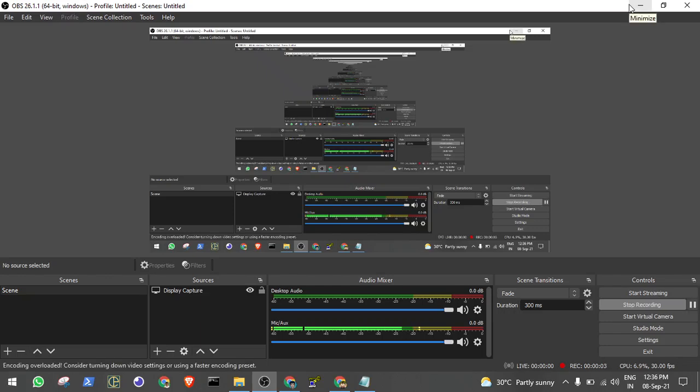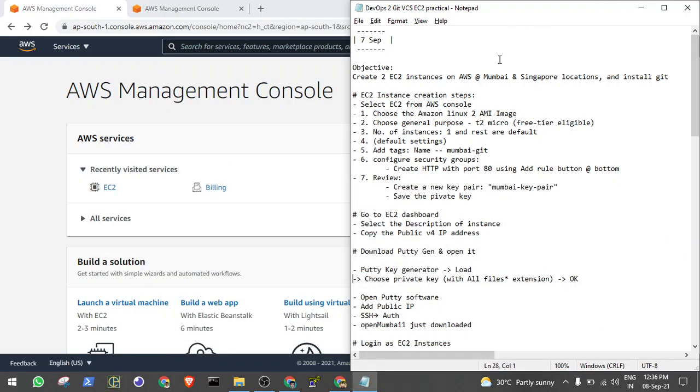Hello, mic check. Okay, so we are creating two instances on AWS at Mumbai and Singapore locations, and we are